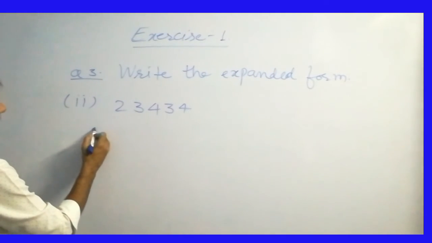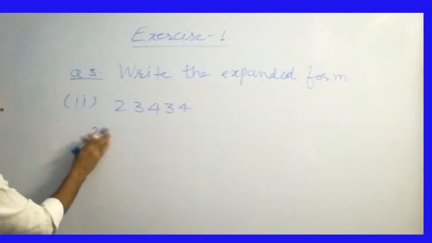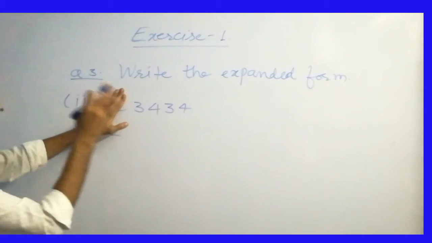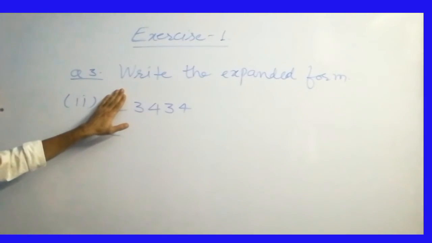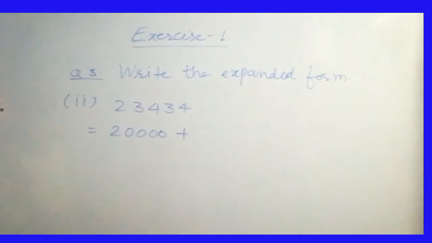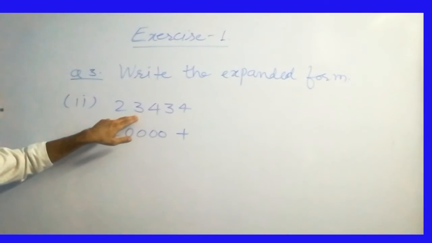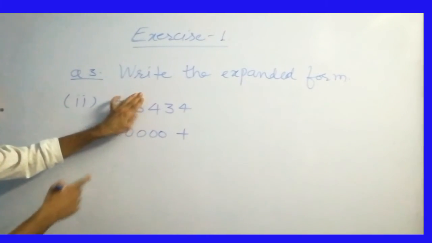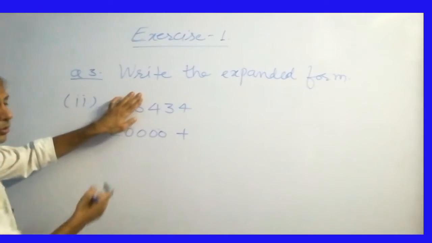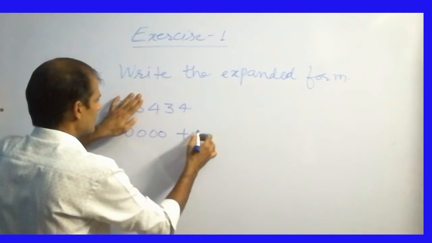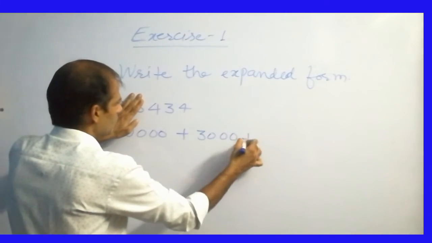So first we will write 2, means we will write equal sign, then 2. How many digits are there after 2? There are 4 digits. So we will write 4 zeros. Then consider 3. So how many digits after 3? 3 digits. So it means it is 3 0 0 0. Convert all the remaining digits into zeros. So it is 3 0 0 0.